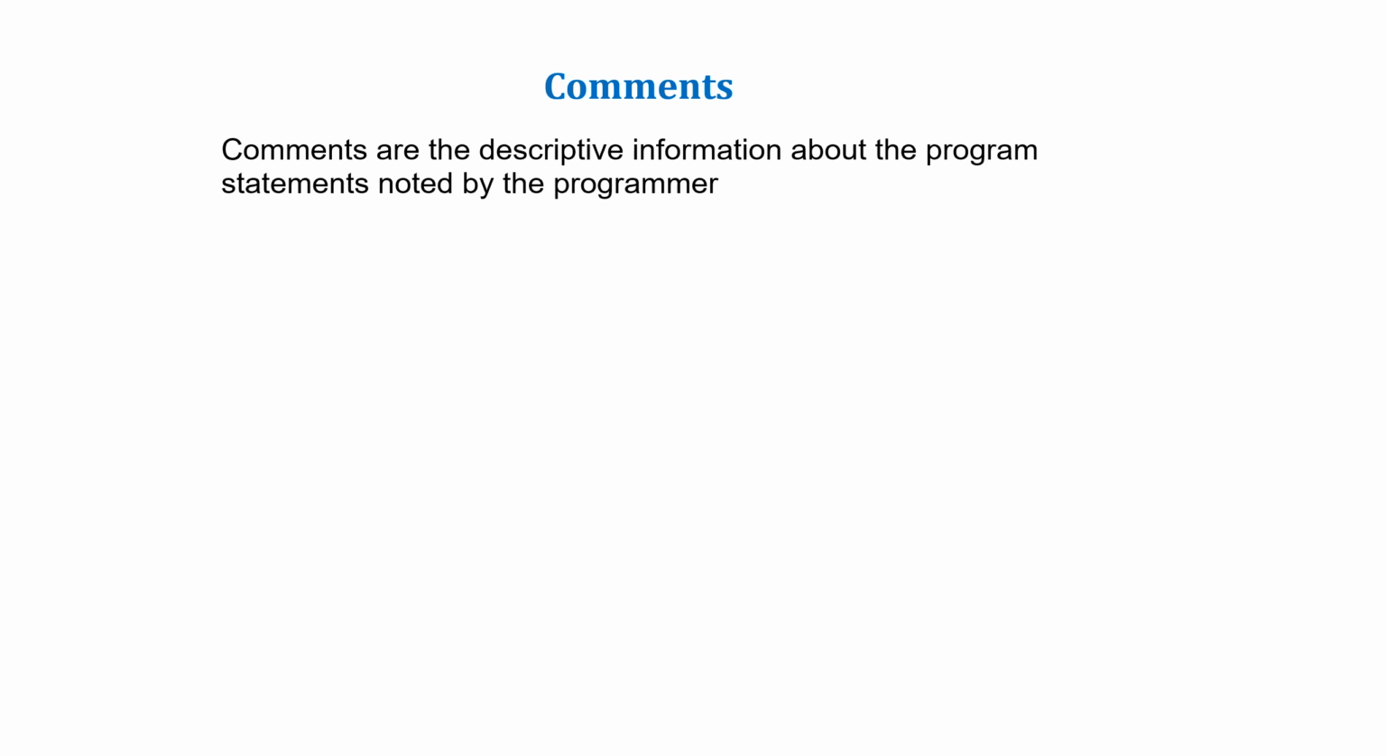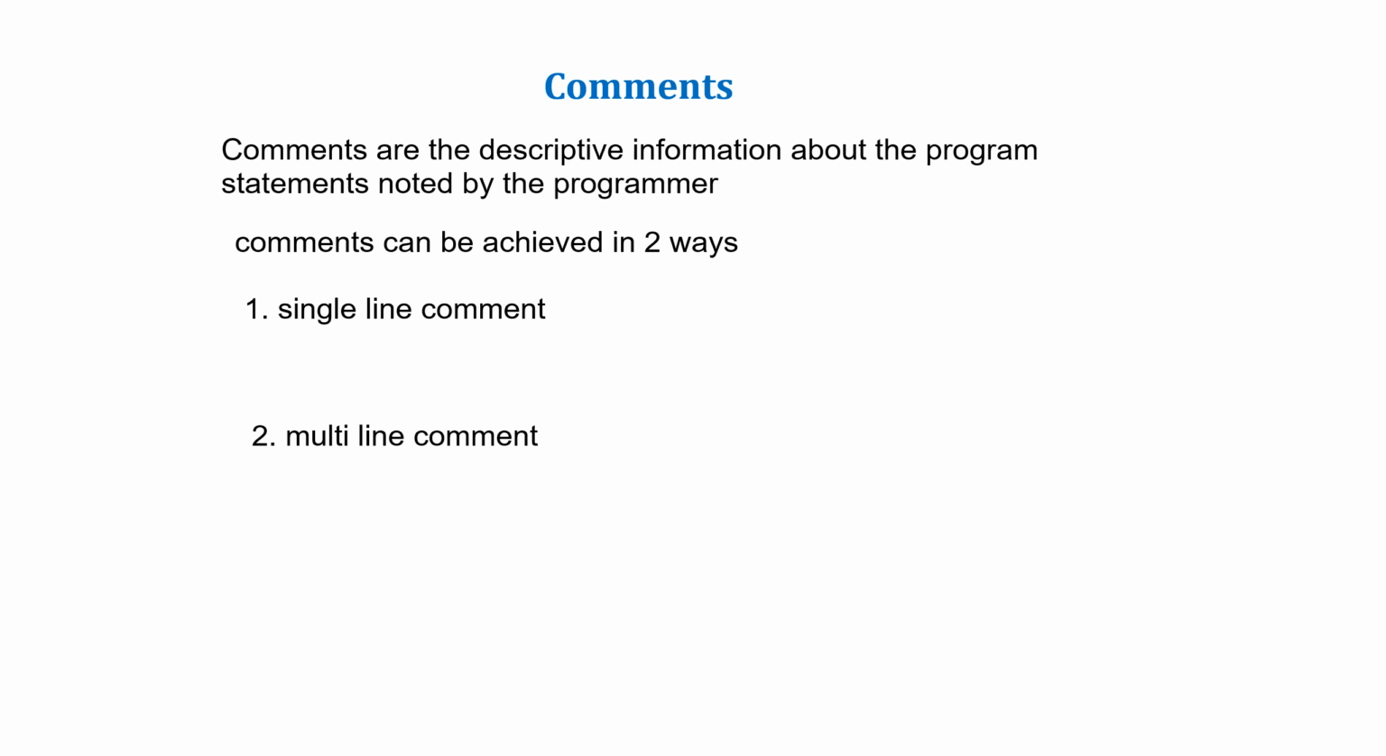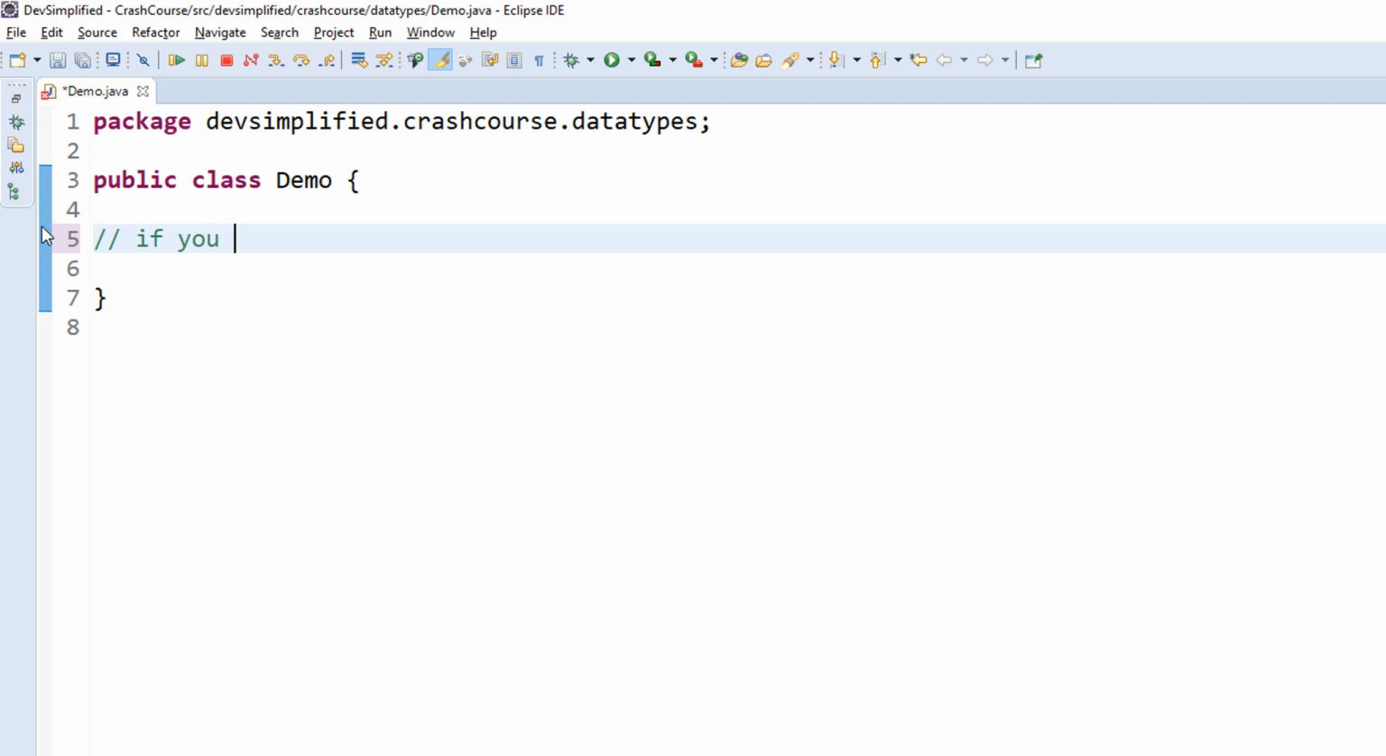Comments. Comments are the descriptive information about the program statements noted by the programmer. Comments can be achieved in two ways. Number 1, single line comment. Number 2, multi-line comment. If you need to comment in a single line, then you're supposed to use double slashes